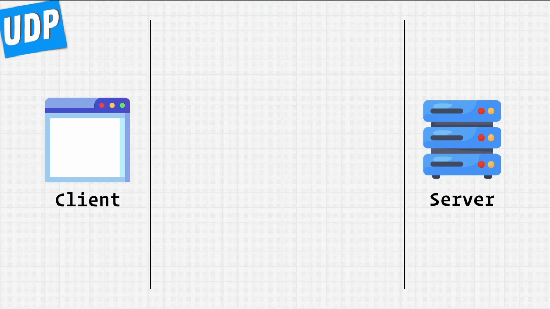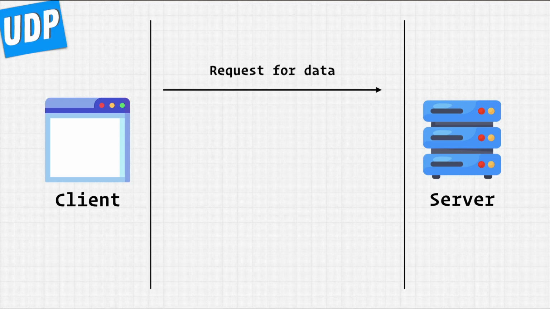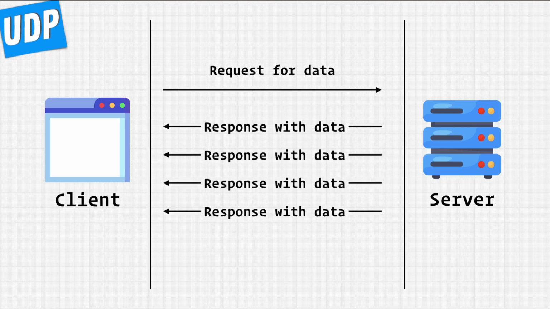What happens with UDP is that the client sends a request to the server. That request essentially allows the server to know that there's a client out there that wants some data. What's going to happen is that the server is now just going to keep bombarding the client with data. It's just going to keep sending it over and over. Whether or not that data gets over there, the server does not care. It doesn't actually need to guarantee that data delivery. All it says is that I'm just going to keep firing data in that direction so that hopefully the client gets all of it. If it doesn't, though, that is not my problem.